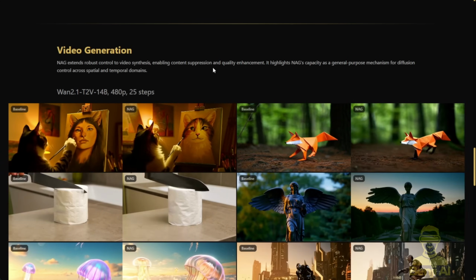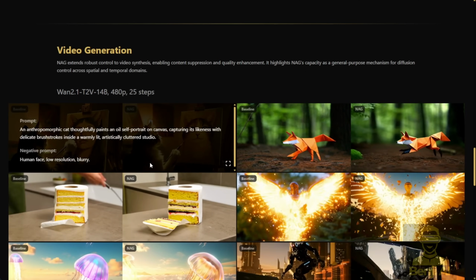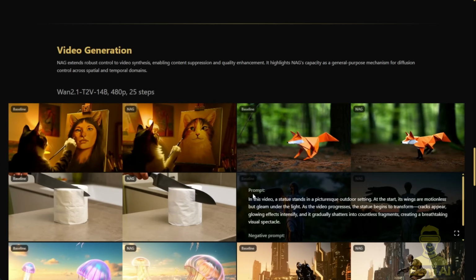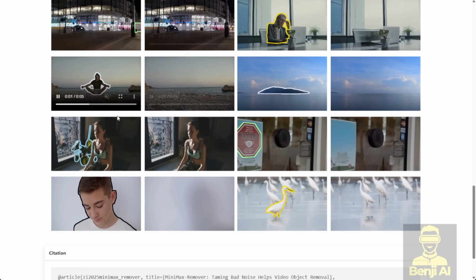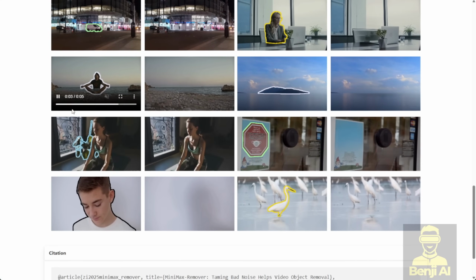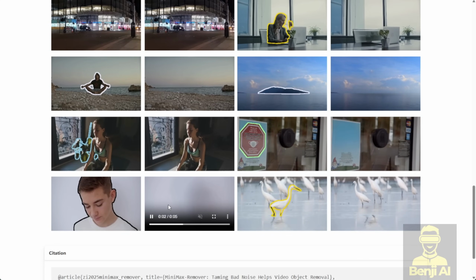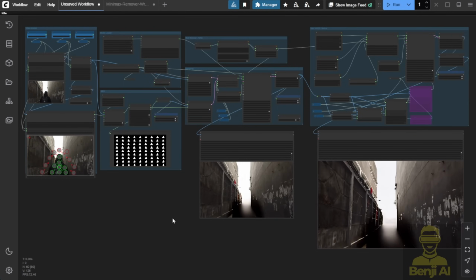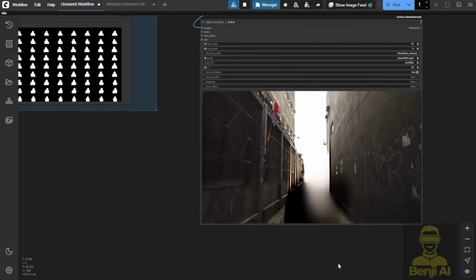One thing that inspired me to use NAG together with the MiniMax-Remover is that sometimes, when we remove objects using this MiniMax-Remover model, we still see some remnants of the removed object, like shadows. And of course, in ComfyUI, you'll see that it's not completely removed. For example, in this footage here, it's a good example where you can still see the human shape and shadow